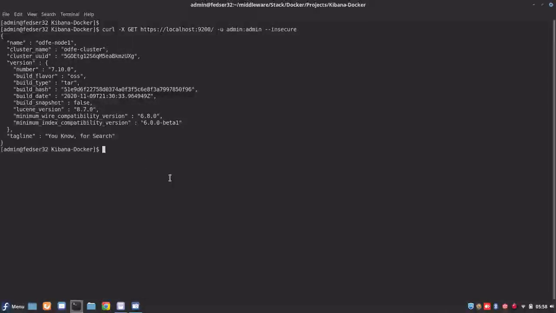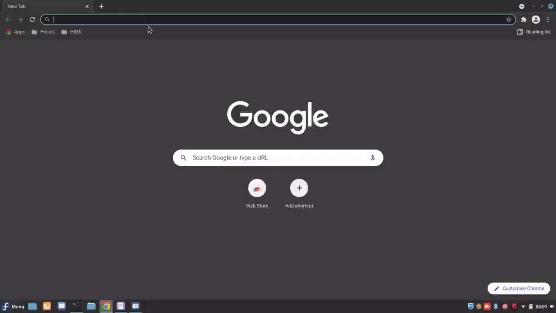And for the Kibana service, you can directly go into the portal. We can validate using the HTTP URL hitting on port 5601.